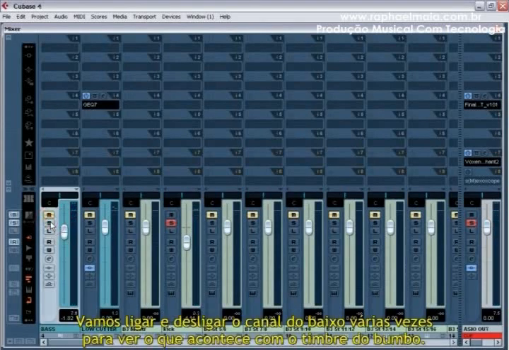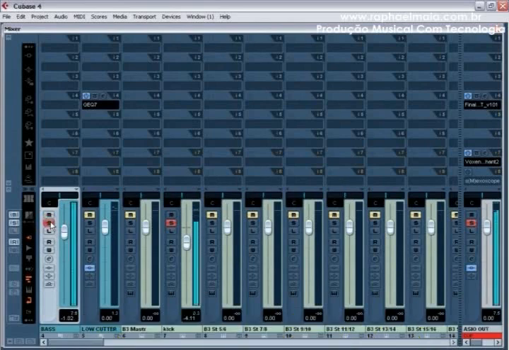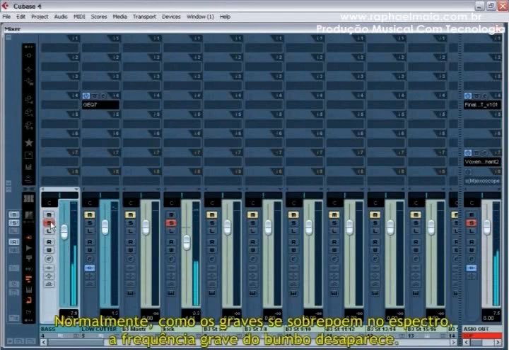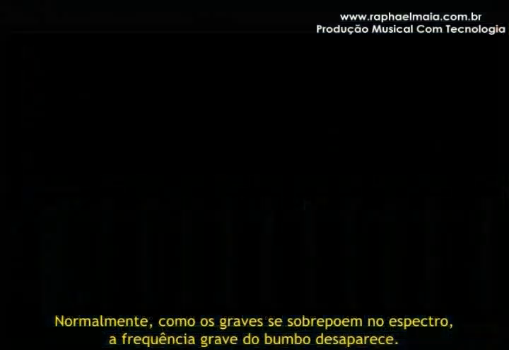Let's switch the bass on and off several times to see what happens with the kick's timbre. Usually, because of the bass's overlapping spectrum, the low frequency of the kick drum disappears.